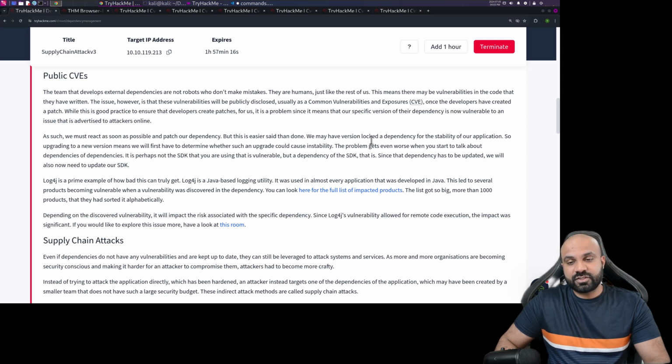We may have version locked a dependency for the stability of the application, so upgrading to a new version means we will first have to determine whether such an upgrade could cause instability. That is very true. The problem gets even worse when you start to talk about dependencies of dependencies. It is perhaps not the SDK that you are using that is vulnerable, but a dependency of the SDK that is. Since the dependency has to be updated, we will also now need to update our SDK. So